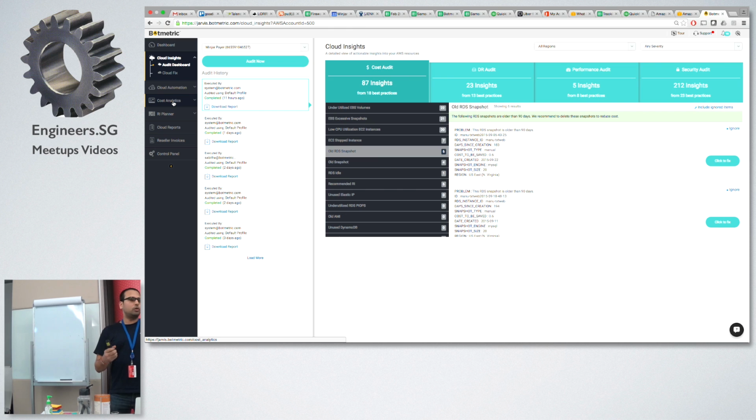Most of the features in Botmetric have come from some of our customers asking for them, or from tasks our operations team has been doing for a really long period of time. We identified those common tasks and put them into the Botmetric platform.